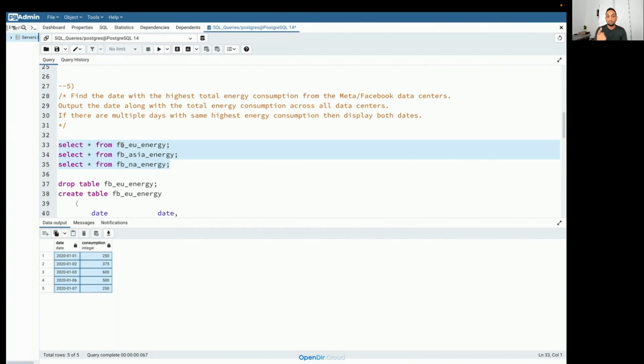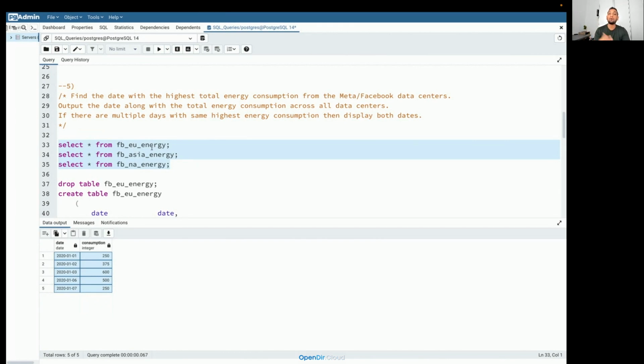Right? So the first thing that we need to do is use union. Union or union all, that we will see depending on whether there are duplicates in the data or not. In this particular case it's better to use union all, because if, let's say, in Europe and Asia there were some specific day where the energy consumption was the same, then both these tables would have the same record. But if I do union, then I'm going to lose one of those records because it does a distinct. I do not want to lose a record.